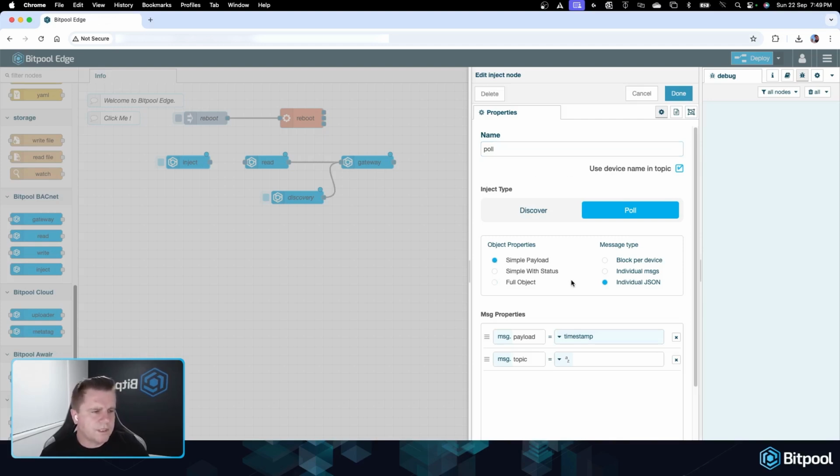I'm going to set this up as a simple payload and want individual messages. These are the different payload types, and if you go onto the GitHub, you'll see all of those different payload types. Simple is just basically the present value. Simple with status, we actually introduced in the latest update the BACnet status, like the actual status of the point that you're polling. And that status is determined by any errors that come back when we actually poll the object. So if there are any errors coming back, you'll actually get an alarm status or a normal status from that